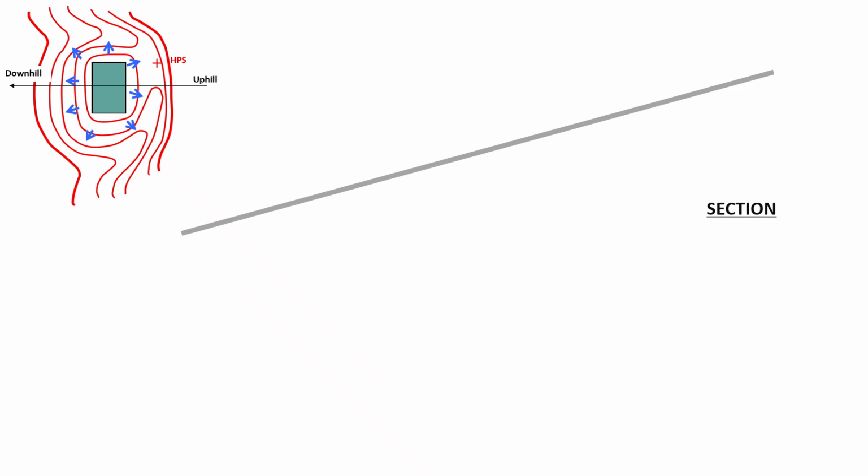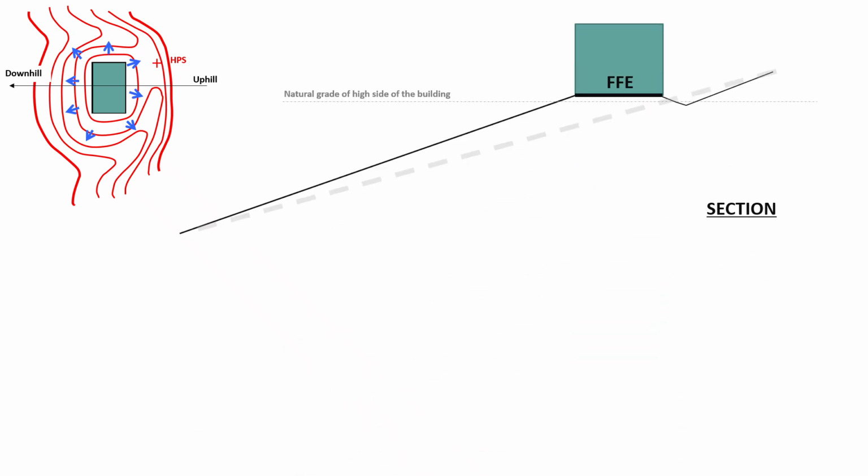Let's start by talking about why we need to learn this exercise. Previously we talked about how, if we have a building on a slope, in order to convey water away from the building, we need to install a swale on the high side of the building like this. Now, what if the building is very long,